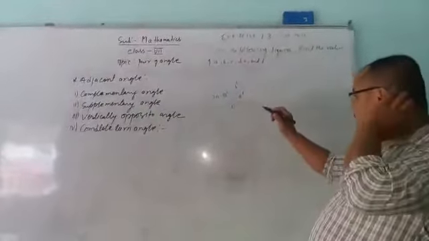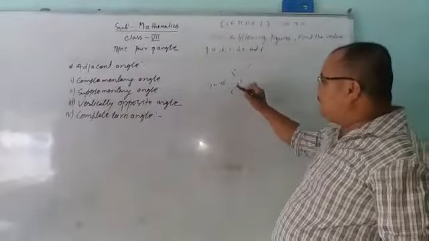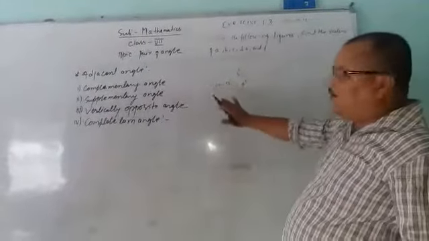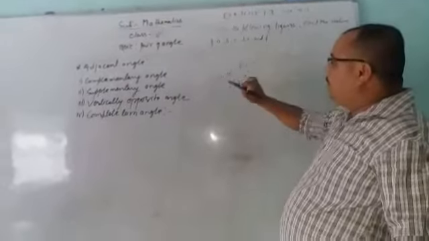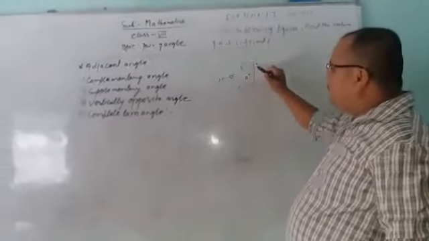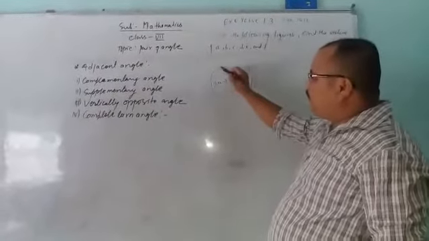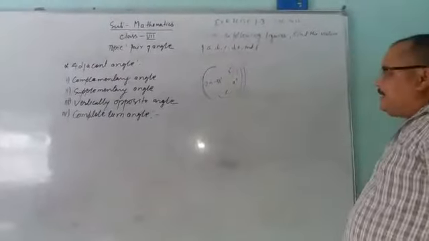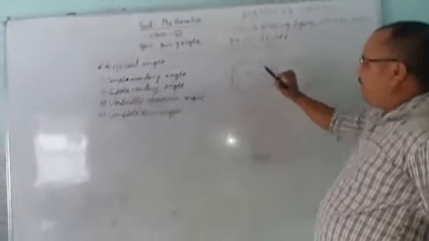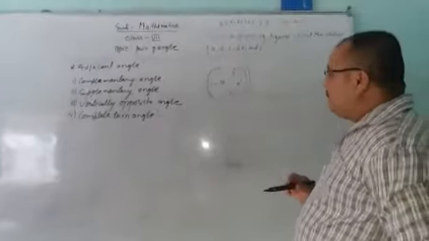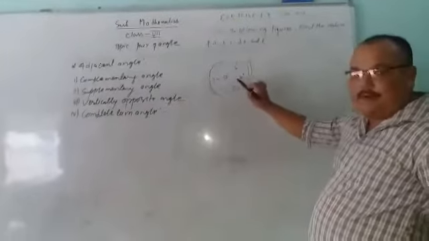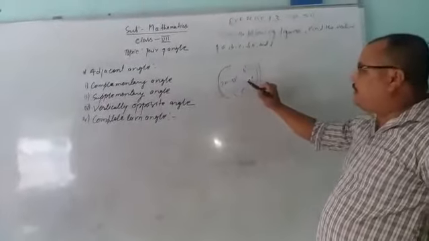These two straight lines intersect at a point here, and we know that it is the figure of vertically opposite angles. So these angles are opposite to these angles, and these angles are opposite to these angles. So my dear students, here three letters are used, a, b, c. First of all we have to see these two and find out this first.